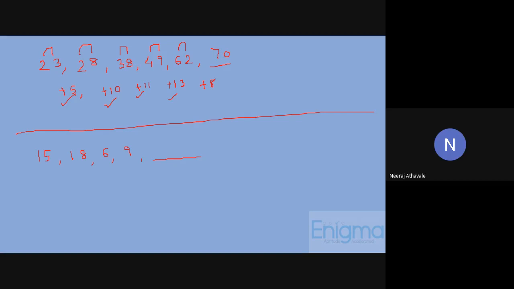Everyone is getting -3. Okay, that is one answer. If -3 is not in the options, then what other logic could come up? Three. Okay, correct. So now there could be two different logics over here.